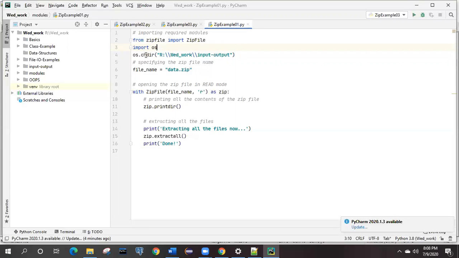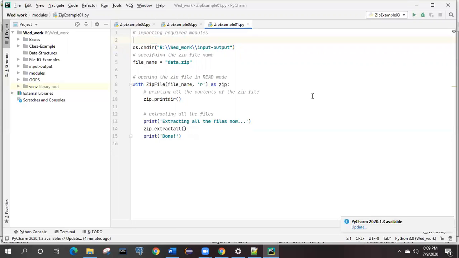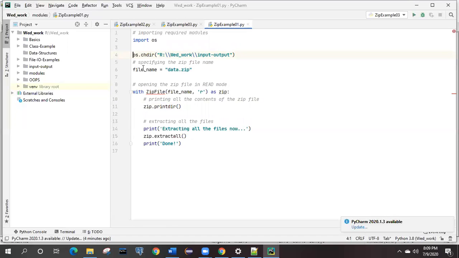If you see this chdir, it will tell you that it is present in the OS module. If you want, you can remove these two lines now, save it, and you will come to know what it is going to do. First of all, it says that OS is not present. You don't know anything, so what do you have to do? You have to import OS. So automatically it will import that OS module, because it knows that Python has the OS module, so surely you are importing that one only.